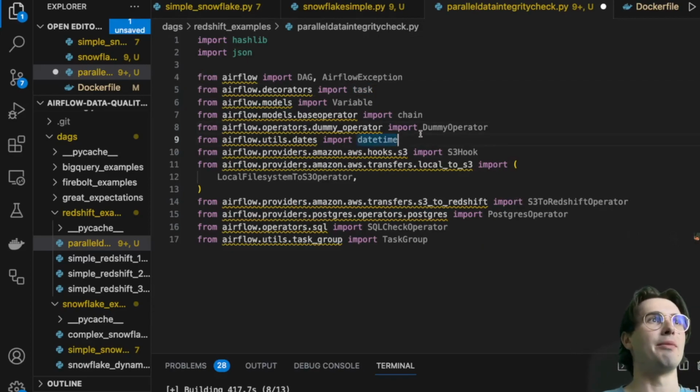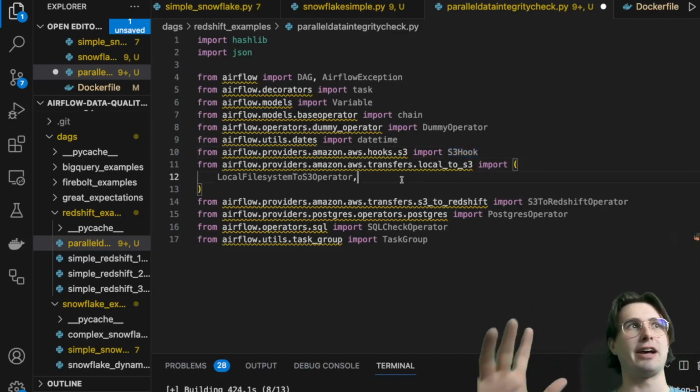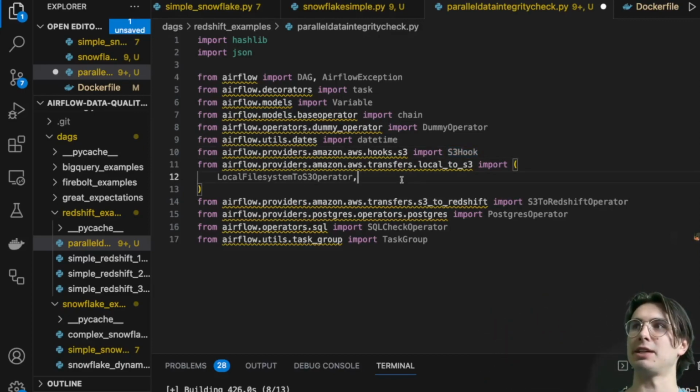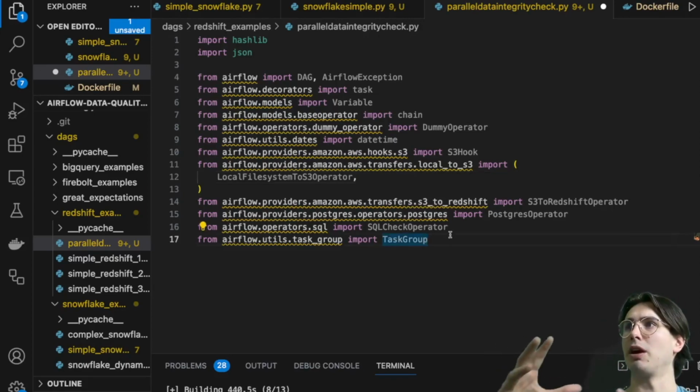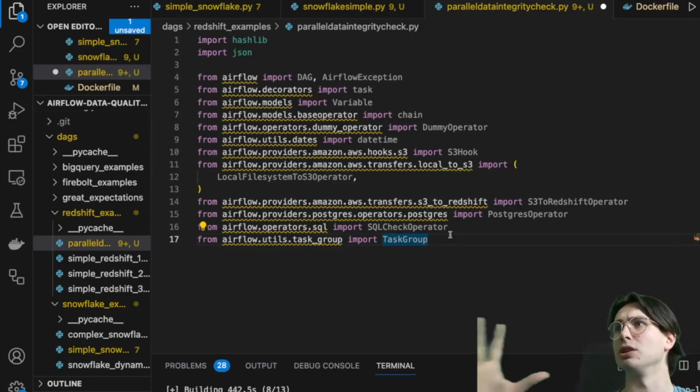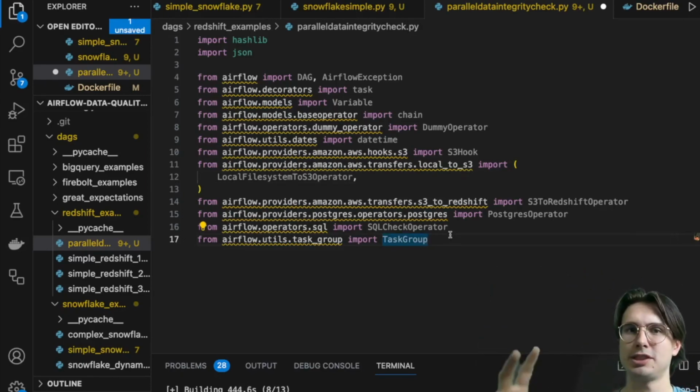Then we have the dummy operator. We have datetime, the S3 hook, and the local filesystem to S3 operator, so that we can easily upload files into S3, and we'll use that as a staging area before we bring that data into our actual database. Then we're going to transfer from S3 to a Redshift database. We're also going to use Postgres and the SQL check operator for some of our data quality checks, or data integrity checks. And then a task group, just so we can group our checks in a single grouping visually,